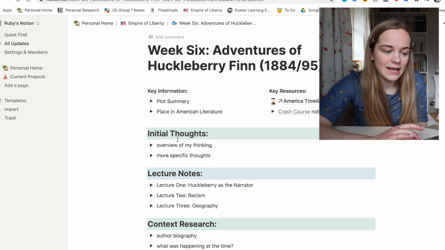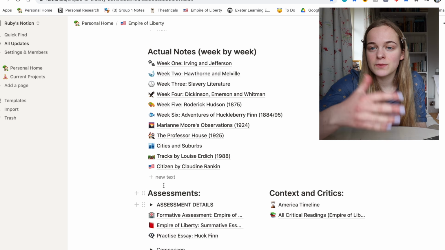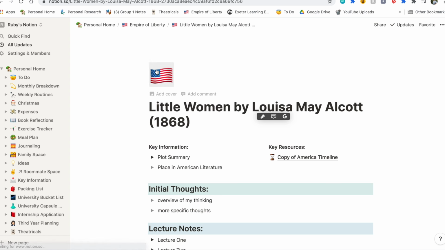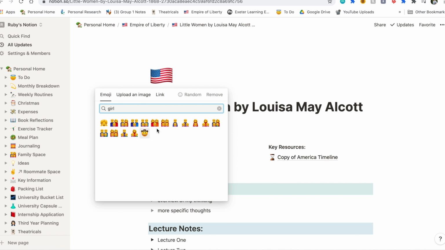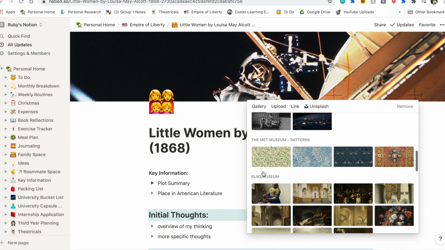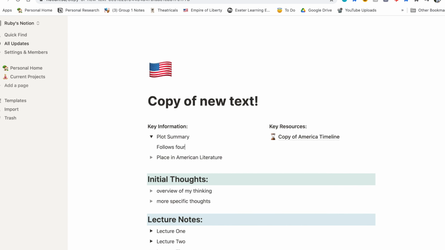So for example, if we click on week 6, Adventures of Huckleberry Finn, this is what each of the pages looks like. So I thought I would demonstrate how I would use one of these tables with Little Women as an example. So I will put in the title and also the date. Then you can add an emoji, and again, I'm just going to change the cover. So then there's a place for me to write a plot summary,